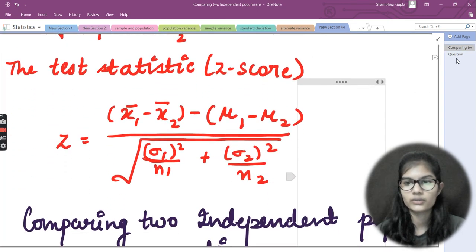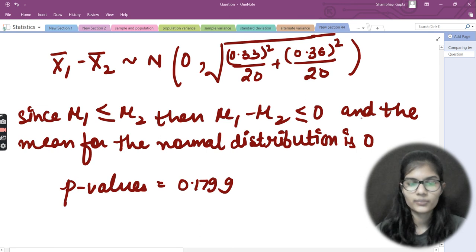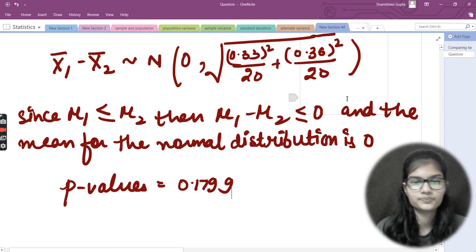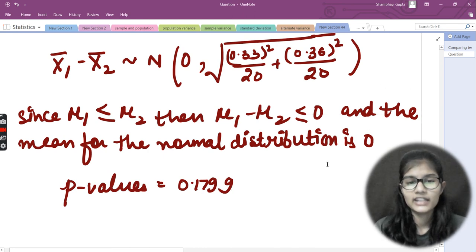So just find out this accordingly. And even the formula for the p-values, we had already discussed that in the previous videos, right? So you can just take it from there. After that, if we talk about